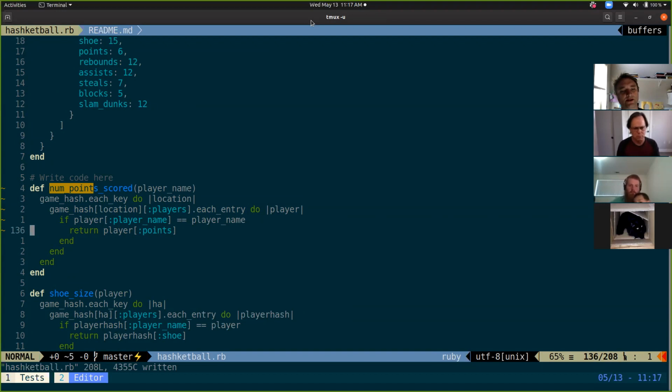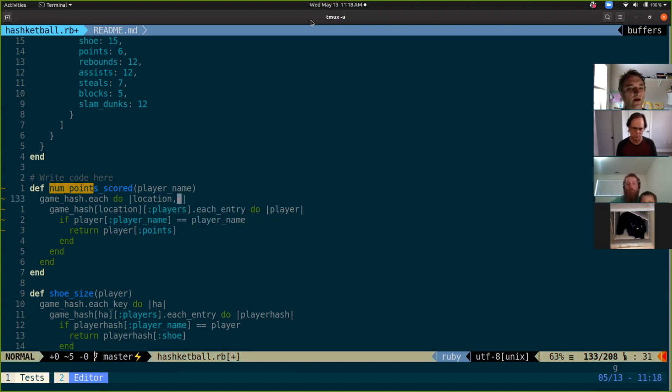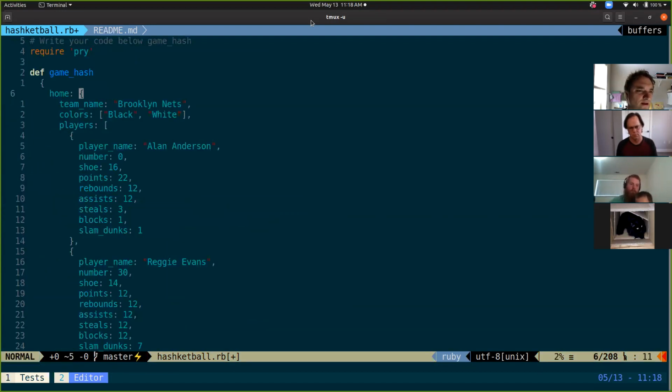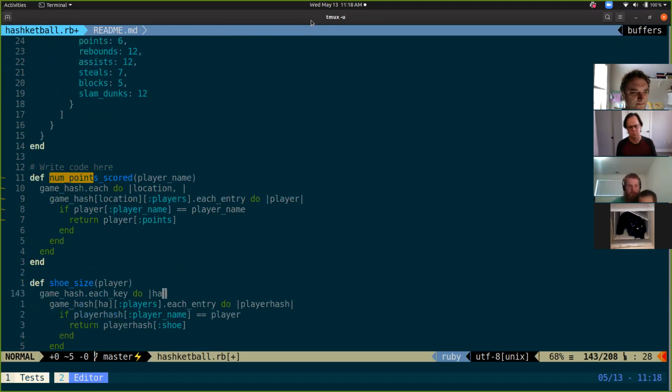So instead of doing each key and each entry, we could probably just do each with these. What does each take in the little pipes for its block? A key value pair. So I can say each, and then I can say location, and then the other thing, what would we call the rest of this? Team info. Yeah, team info. I like that. Location,